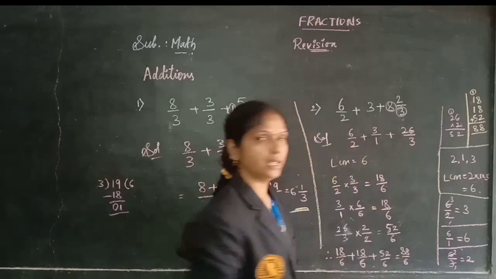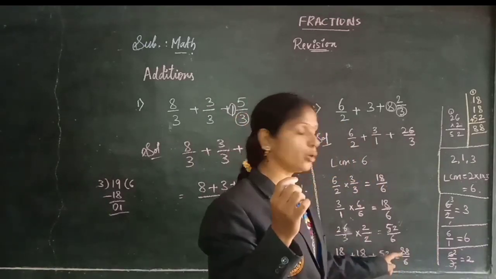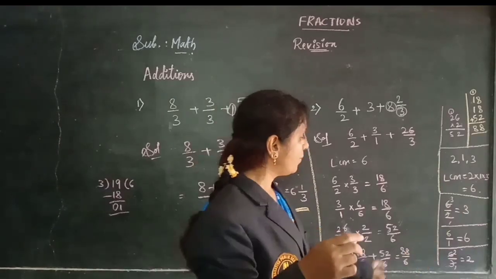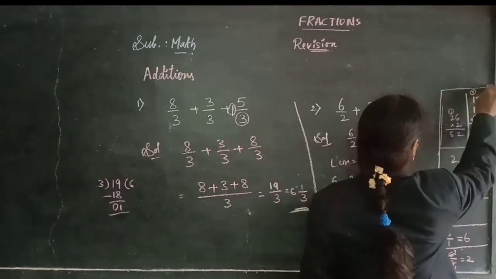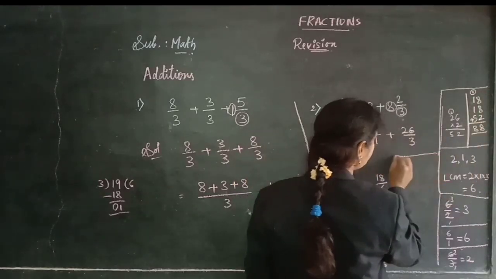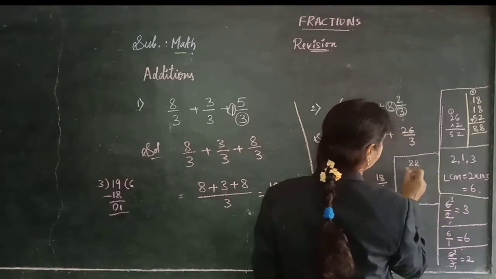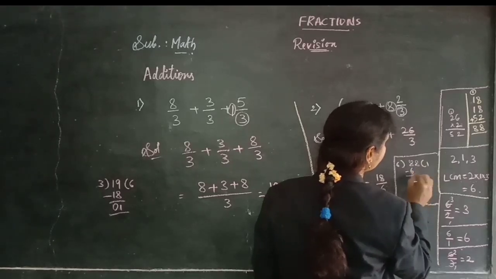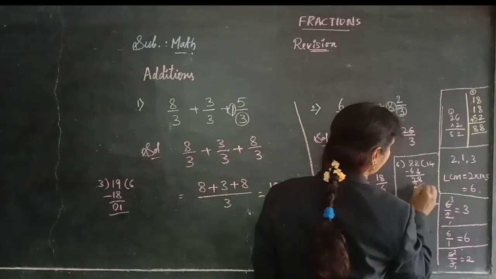88 by 6 here. 88 by 6 is again an improper fraction, children. If you get an improper fraction as the answer, you can change that into a mixed fraction by dividing 88 by 6. Let's do the division here. 88 divided by 6. 6 ones are 6. 2 will be left. I am bringing down the next digit 8. 6 4s are 24. So 4 and 0.